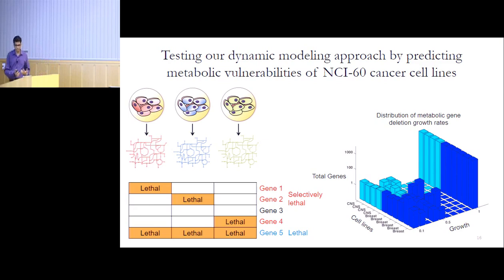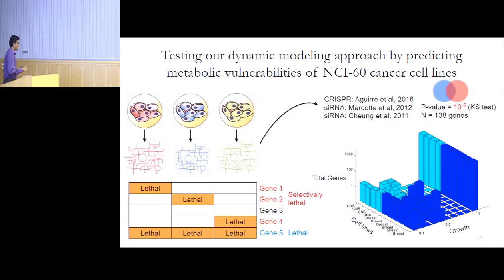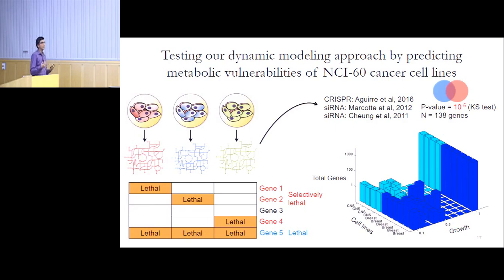So how accurate are these predictions? To test this, we compared the model predictions with data from CRISPR-Cas9 and siRNA screens. What we found was that metabolic genes that were predicted to be selectively essential by our algorithm were also more likely to be selectively essential in the CRISPR-Cas9 screens and also the siRNA screens. This suggests that just by using metabolomics data, we can say something about what are the most important metabolic genes for a specific cell line or tissue. It's not a perfect overlap. This is because both the data sets that we used are highly noisy, and also the metabolic conditions are slightly different. So the fact that we are still seeing a very good overlap is heartening.